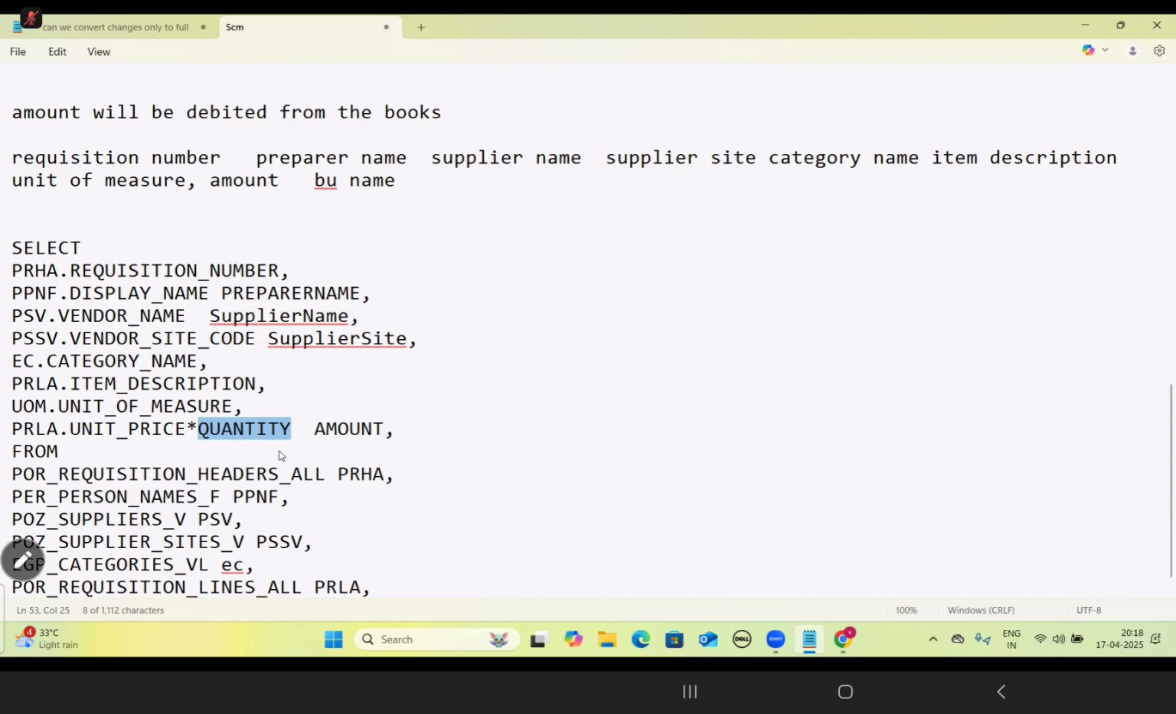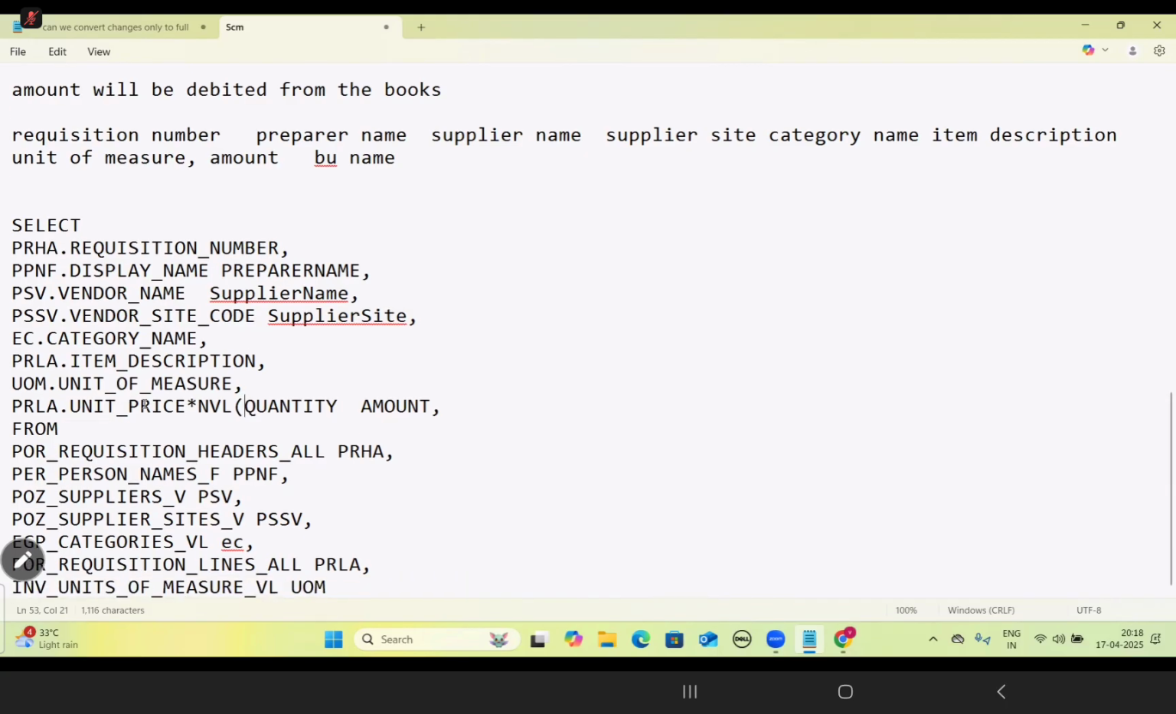Yes, it should be at least one. At least one will be there, right? That means if the quantity is null, I want to make this a 1. You know NVL, right? If the quantity is not there in the table, what will you do? You write the logic like this: NVL of quantity, if the quantity is null,